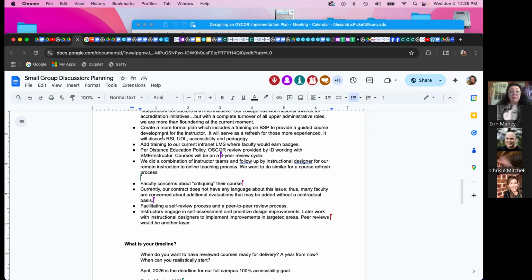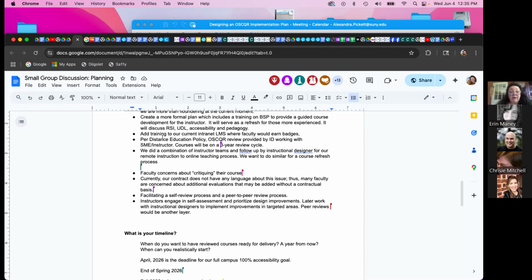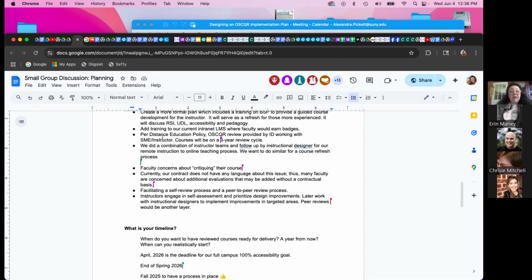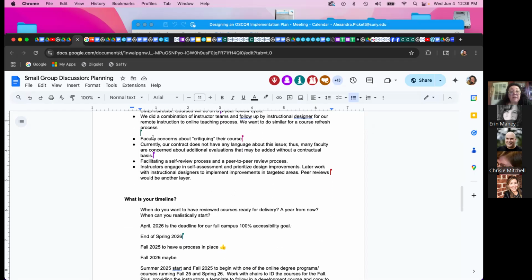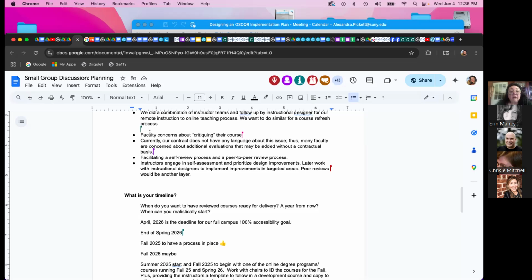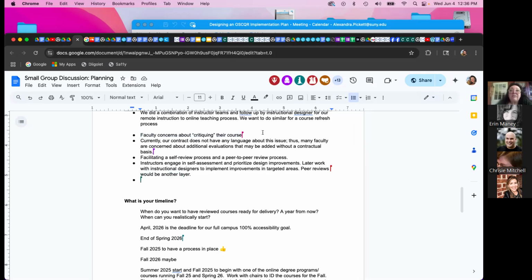Here someone wants to do a more formal plan to do refreshes, to help faculty do refreshes, and to focus on RSI, UDL, accessibility, and pedagogy, and so forth. A lot of good input here, addressing the concern that faculty may have about critiquing their course. That's a cultural thing, and as a part of any good implementation plan, this activity of identifying stakeholders is so important,